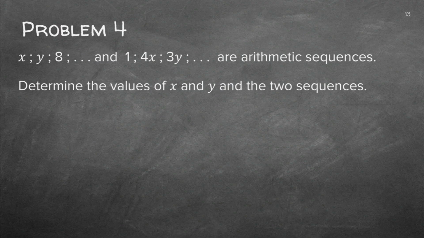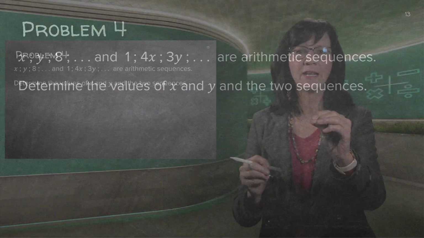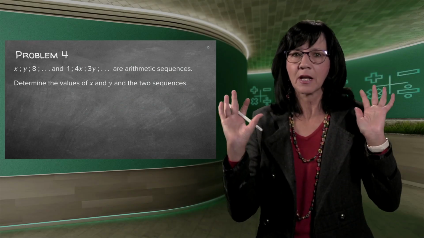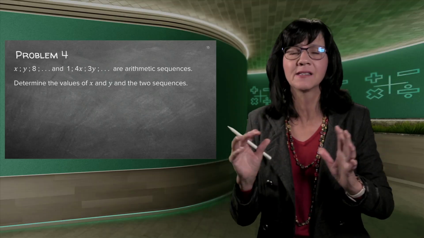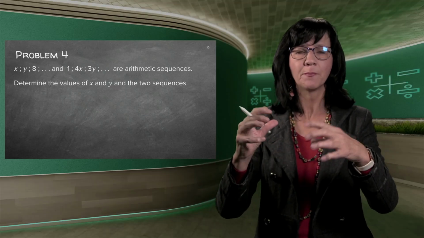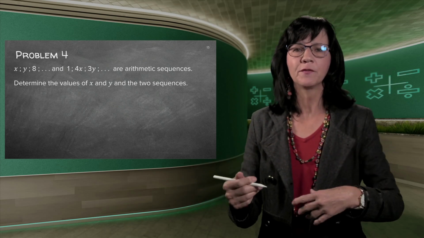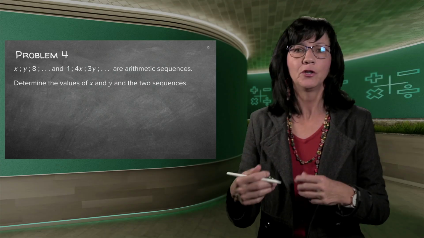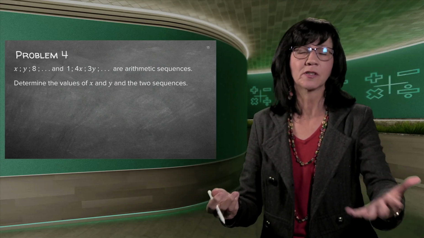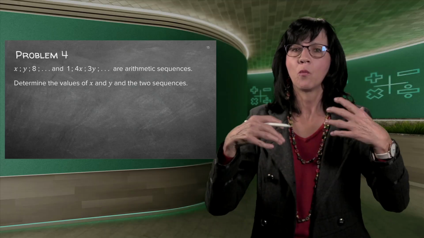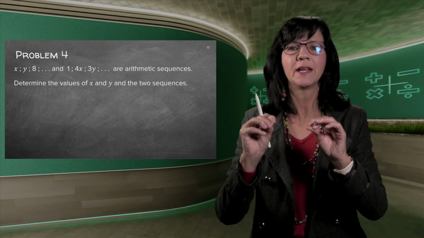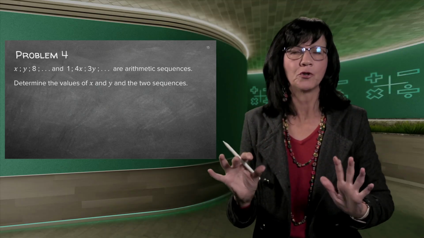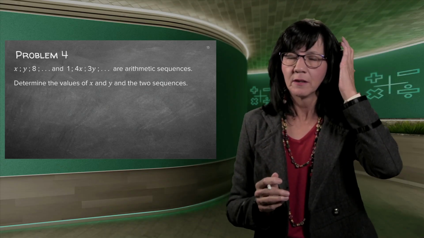Now, this problem seems very complicated, because now suddenly there are x's and y's. And I know what happens. The minute you see x's and y's and letters, you suddenly get confused. Please don't. The method stays exactly the same. It's going to look more complicated, because instead of saying right-hand side minus left-hand side is 3 minus 5, you just now have x's minus y's maybe, or something like that. So you still say what you did on the easy problems. Your method never changes, so don't ever let letters or funny writing put you off. If you've got your method in your head, you will be able to do it.